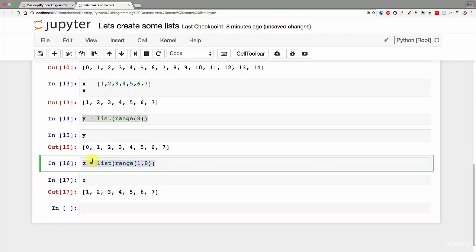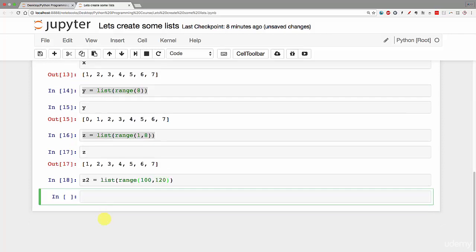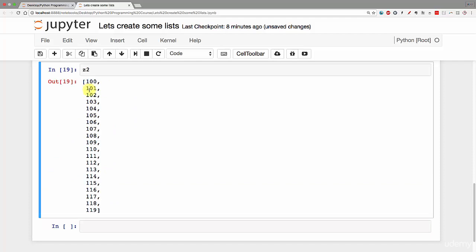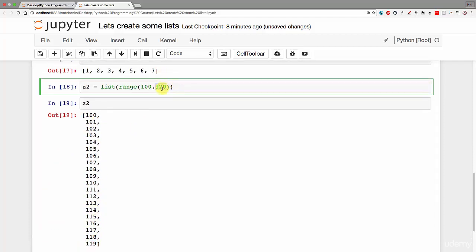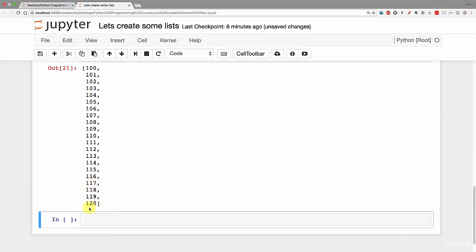So let's practice again. Let's say z2, and let's say we want to start at 100 and we want to go up to 120. If we run that and look at z2, you'll see that we've got a list, 100, 101, and so on, 119. Once again, remember that this last one is not inclusive. So if you actually wanted 120, you type in 121 here, rerun this line as well, and there it is,